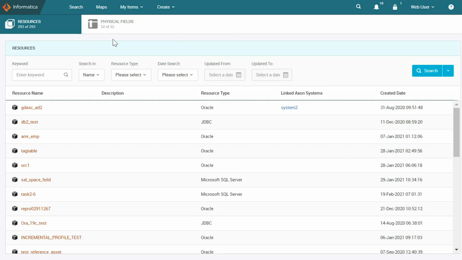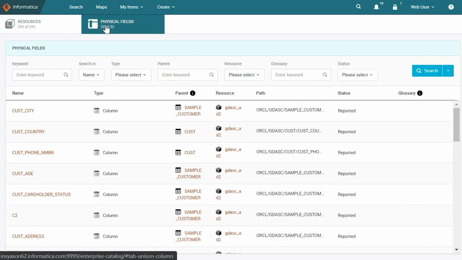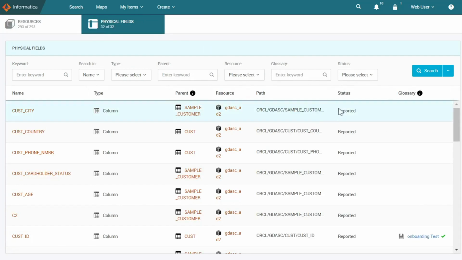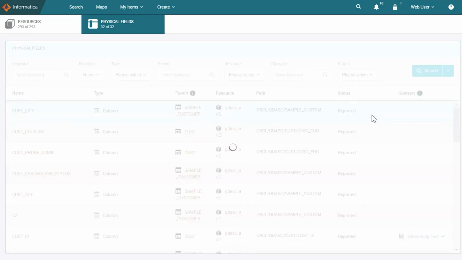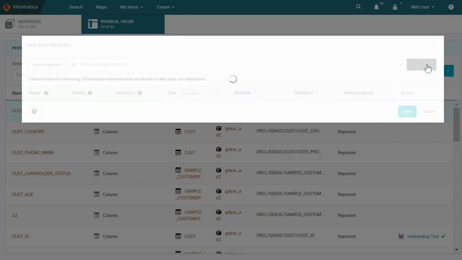Now, let's observe the behavior with respect to datasets. For datasets, we have two different behaviors from the Manage Catalog Links page. Here, if I right click on any particular physical field and click on Manage Linking, first we have an option to associate a dataset. Either we could associate an existing dataset, or we could create a new dataset.